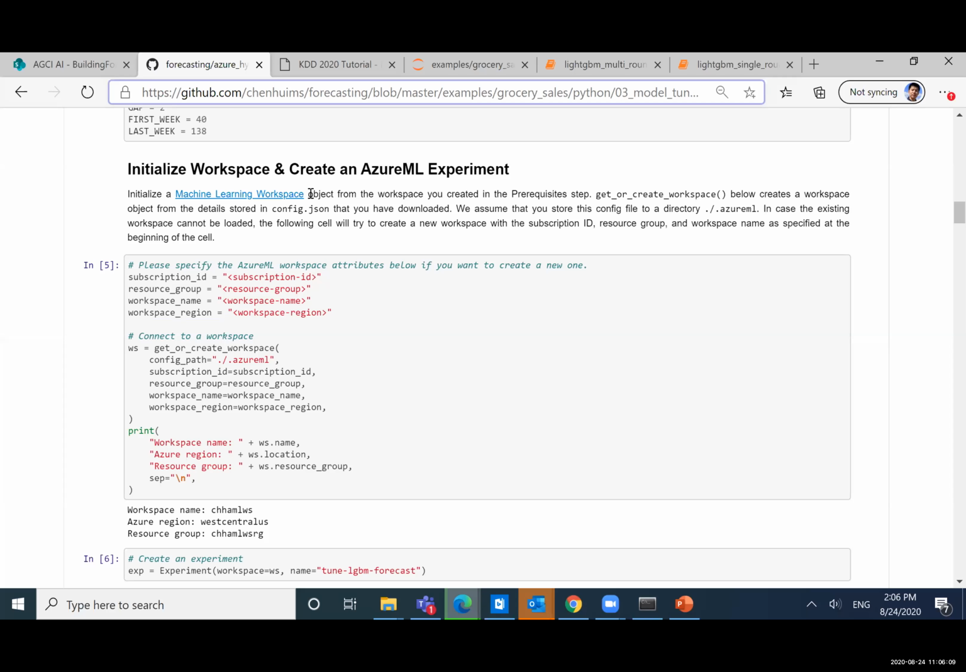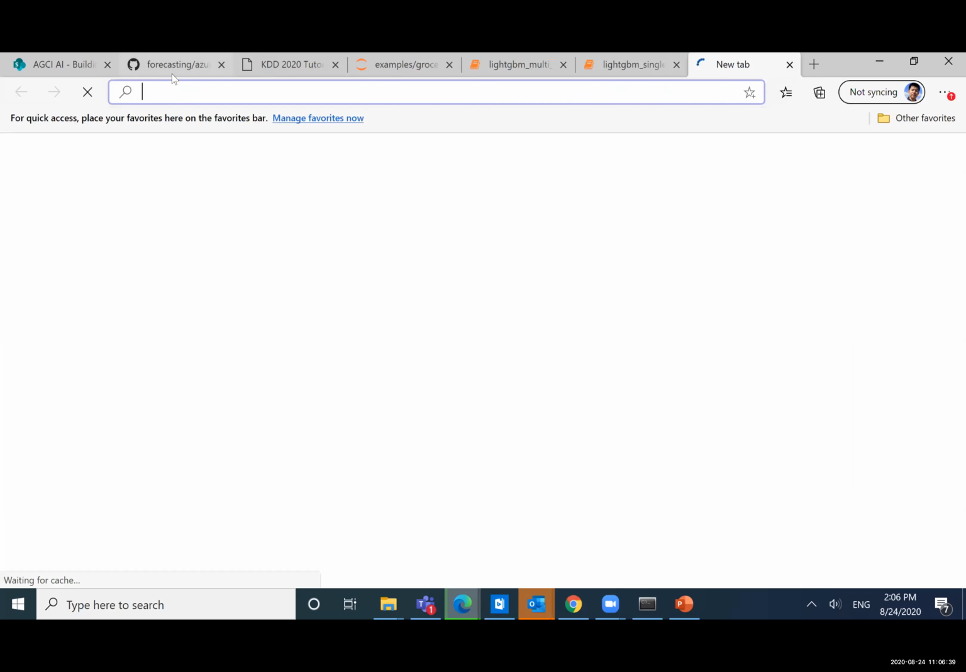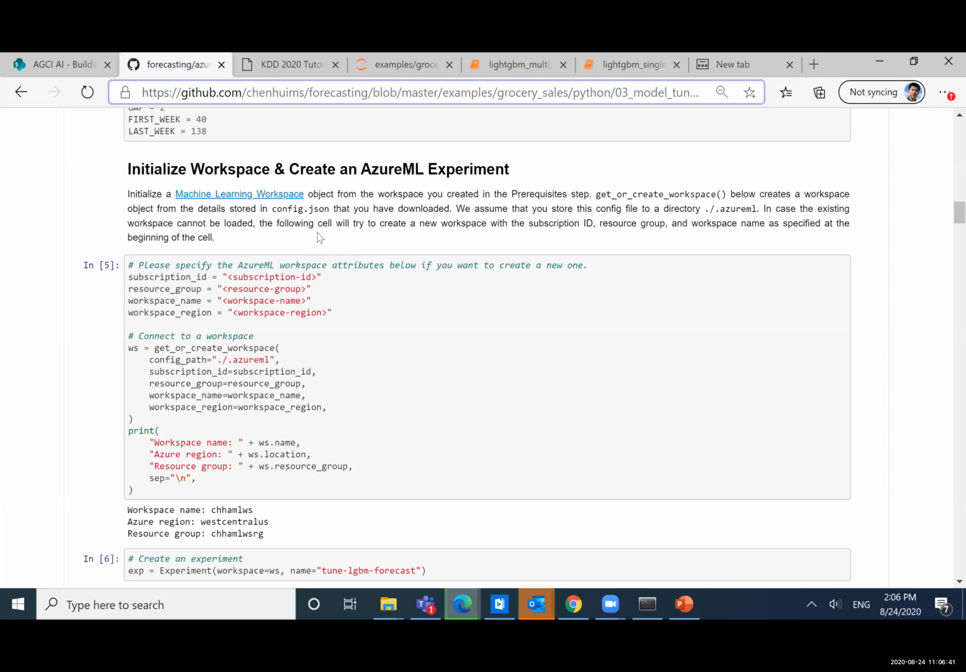After you created an Azure ML account, you can further initialize an Azure ML workspace, and then create an Azure ML experiment. I think one thing you need to do manually is to create this Azure ML workspace. You can do this either in the Azure portal, portal.azure.com, or you can create the machine learning workspace using Azure CLI,